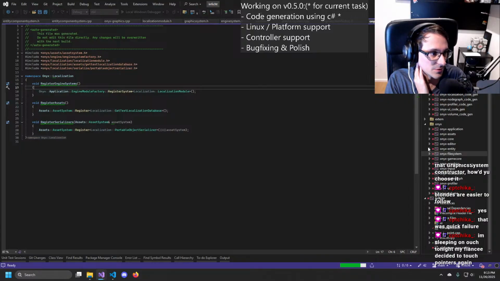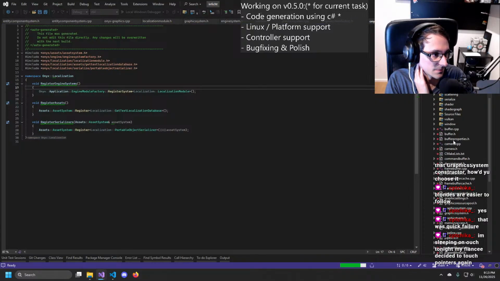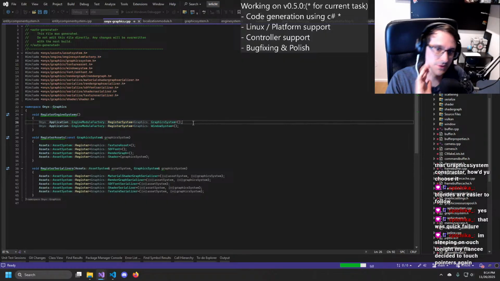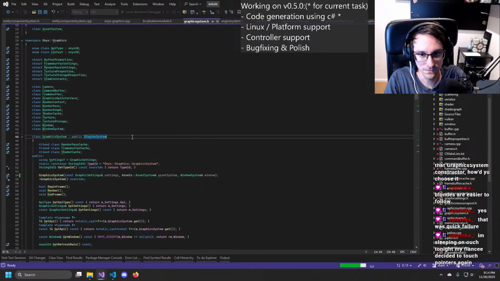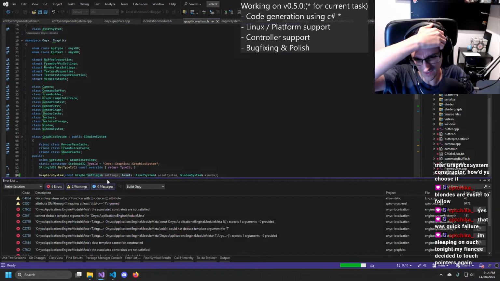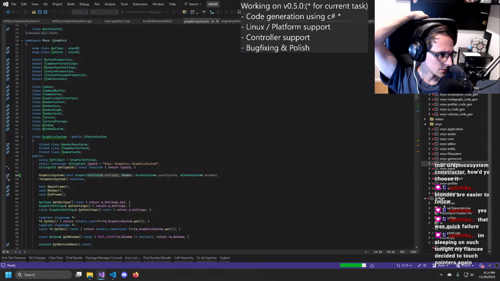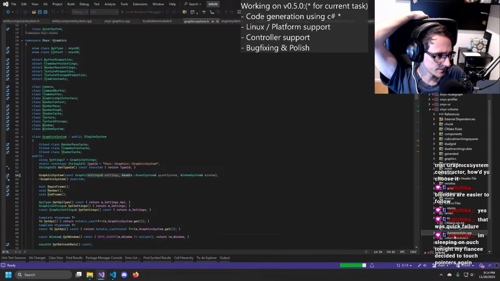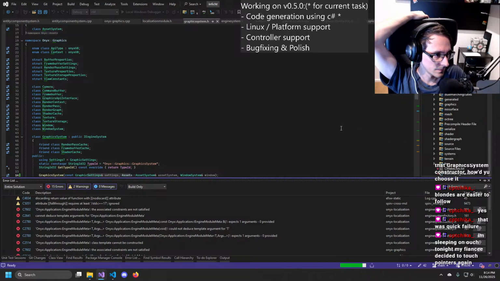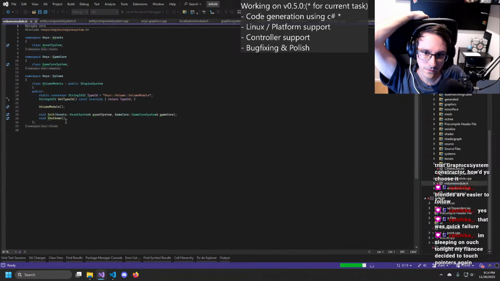But it's really untested, so maybe it doesn't. It looks like it doesn't. Is the volume system... No, that one doesn't take anything, right? Oh, actually it does, and I didn't change it.